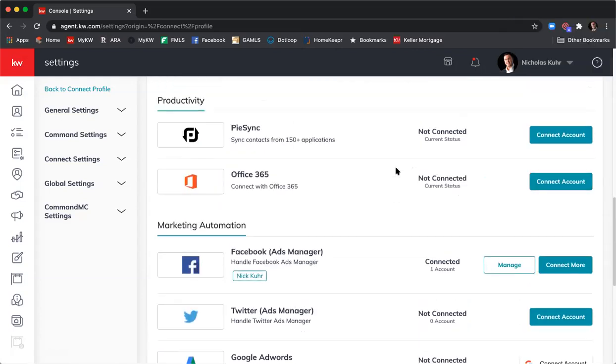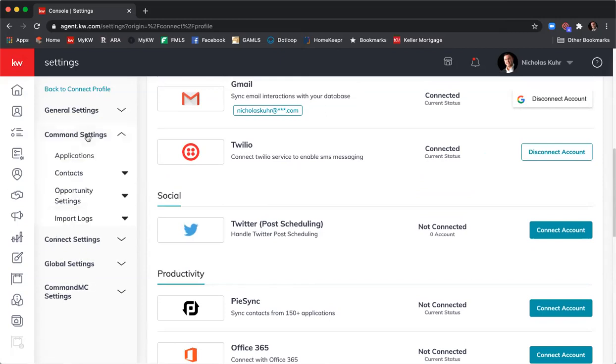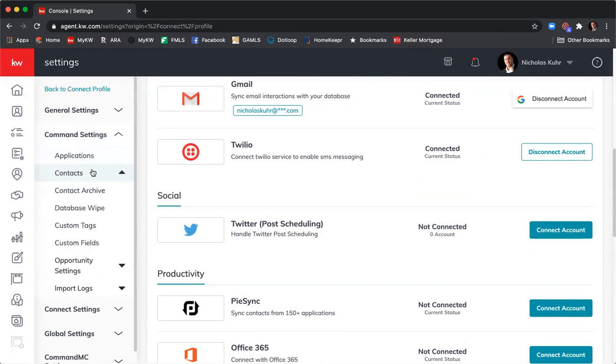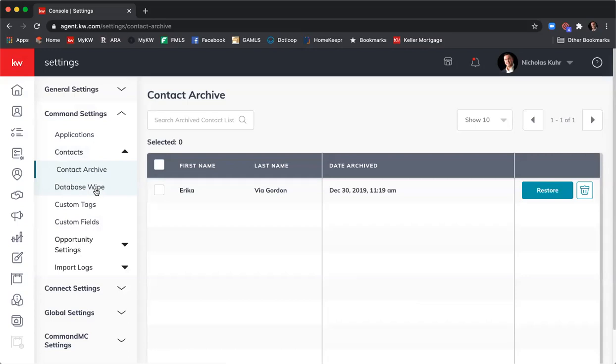So moving on, I'm going to continue down the settings menu on the left-hand side. We just walked through general settings. Now we're going to jump into Command settings. And I'm going to click on contacts, because we just walked through applications. So I'm going to click on contacts, contact archive. We haven't gone through contacts yet to add them, but I want to point out the contact